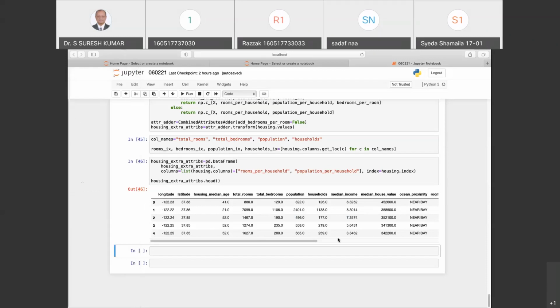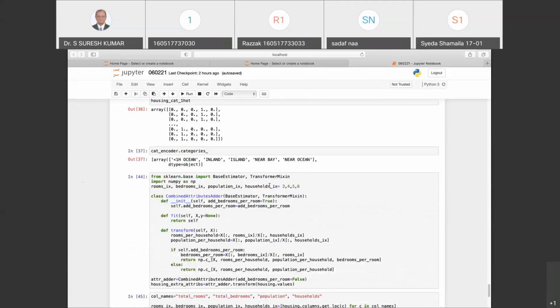So in this, what we did, let me just go through this. We had used this transformer mix-in, which is a small transformer class that adds the combined attributes, like what we had done earlier.